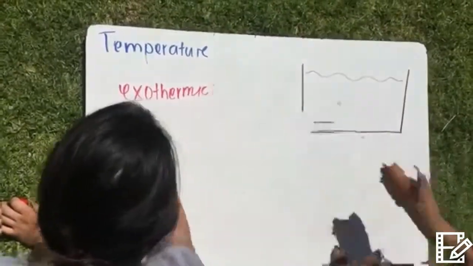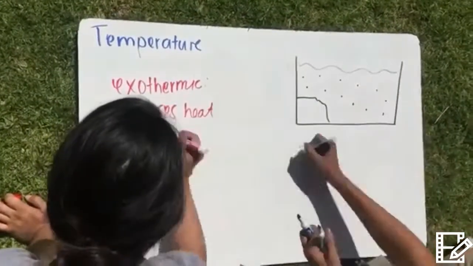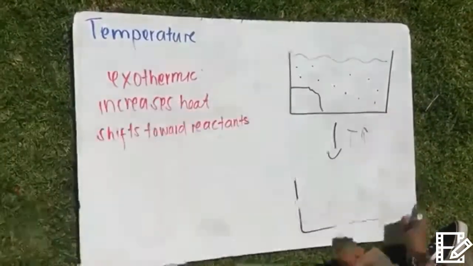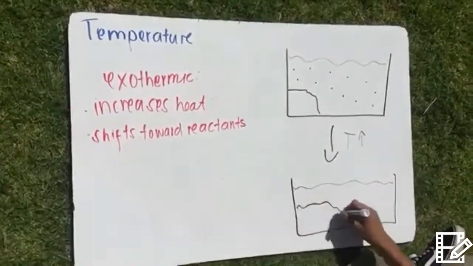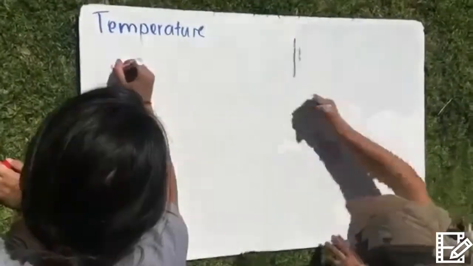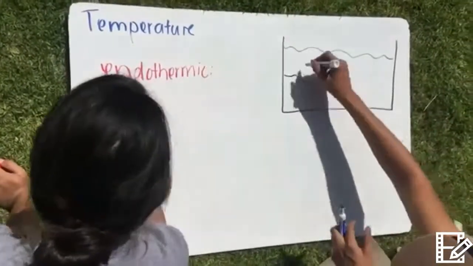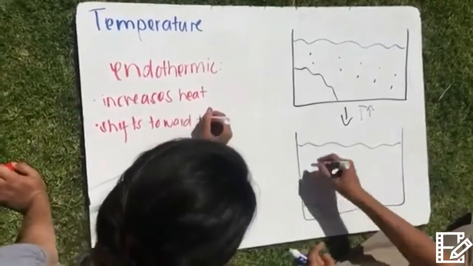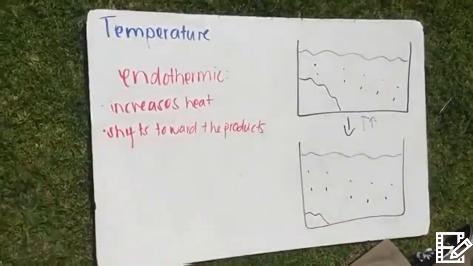In an exothermic reaction, when temperature increases, the reaction will shift towards the reactants. And vice versa, when the temperature decreases, the reaction will shift towards the products. In the diagram, when temperature is increased, more solid is formed. In an endothermic reaction, heat acts as a reactant, so when temperature increases, there will be a shift towards the